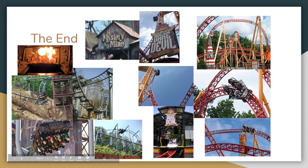Daredevil Dive, they both have terrible capacity. Mystery Mine only has 8 people per train, and Daredevil Dive only has 6 people per train. So Daredevil Dive is a little bit worse in terms of capacity, but I think I like the seating still. I like the lap bars and everything, but it just has less seats. But they both are not very good at capacity, so